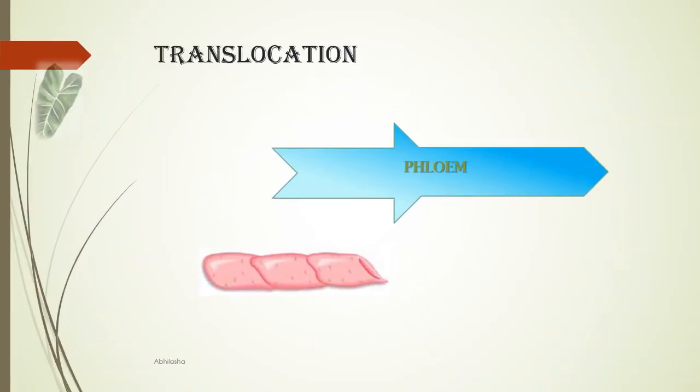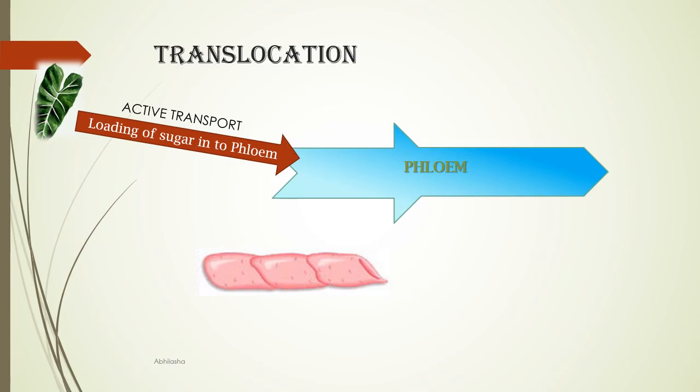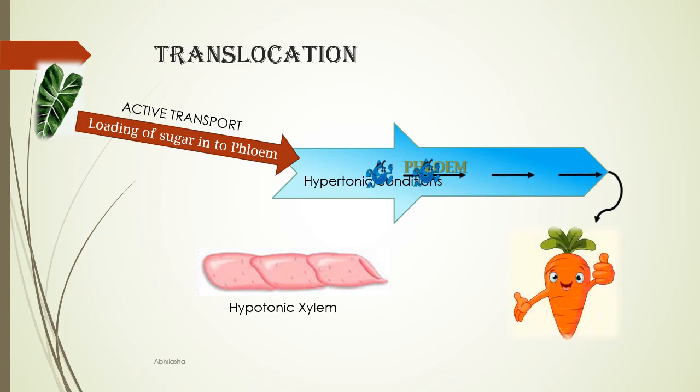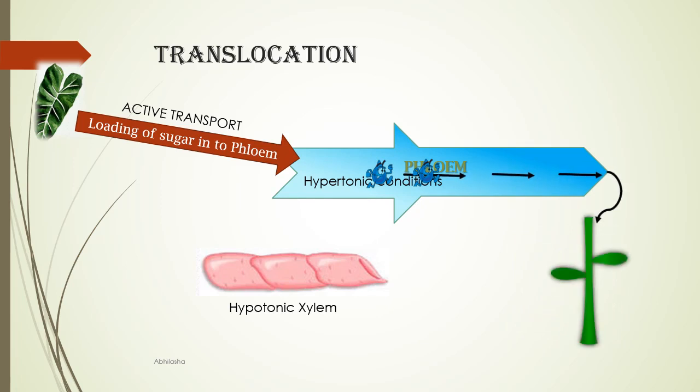Sugars are being made in the leaves. They are loaded into the phloem. This is done by active transport. So energy is spent. The sugar then creates a hypertonic condition in the phloem. As a result, water from the adjacent xylem rushes into the phloem. The pressure caused by this water leads to a force. This force causes mass movement of sugar towards storage organs. Depending on need of plant, this food can also be transported to growing stems or to buds in the flowering season.